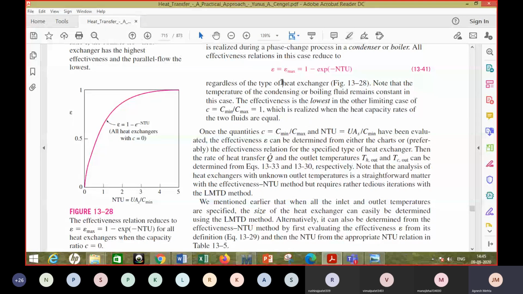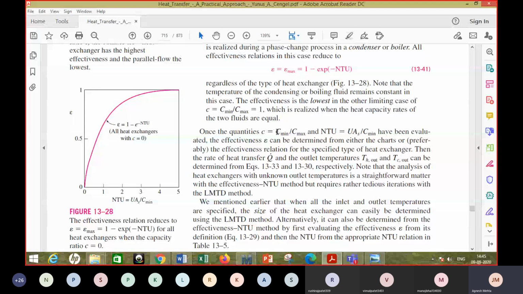Okay. So when your CR is equal to 1, you get the least value of effectiveness for a given value of NTU, and when it is 0, you get the highest value. So it may be desirable to go for a low value of C, that is, if possible, C maximum infinite. Sorry, when C is equal to 0, it means C maximum is infinite. So that is most preferable, and C equal to 1 is the least preferred. The value would always be between 0 and 1, because your C minimum is in the numerator.